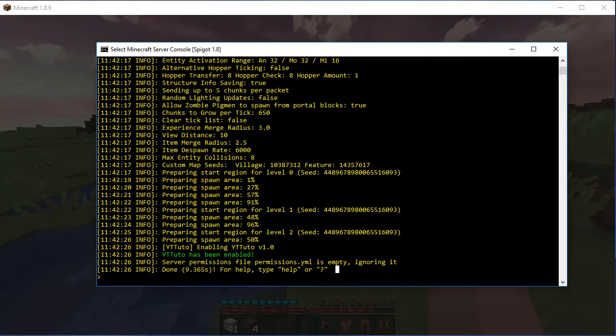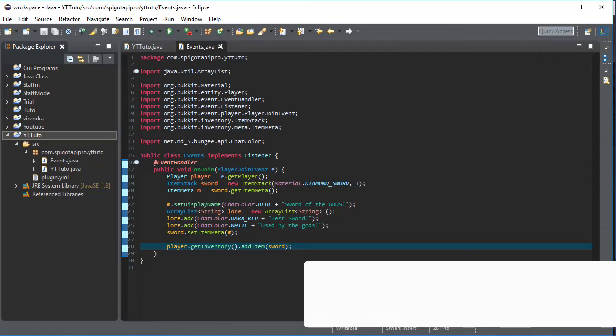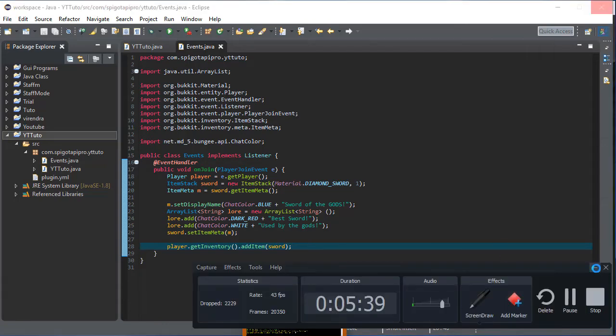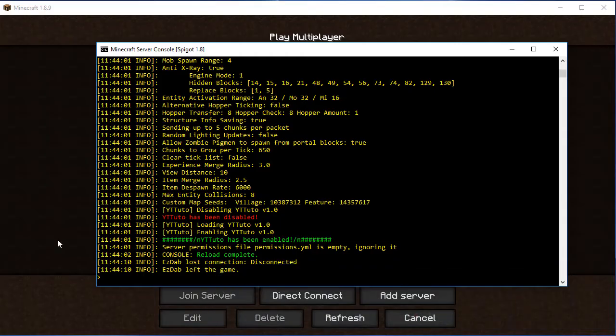Let's see why it didn't work. Let's right click, and it's gonna export it again to check whether it worked or not. Okay, so here I did get this. I restarted the server and